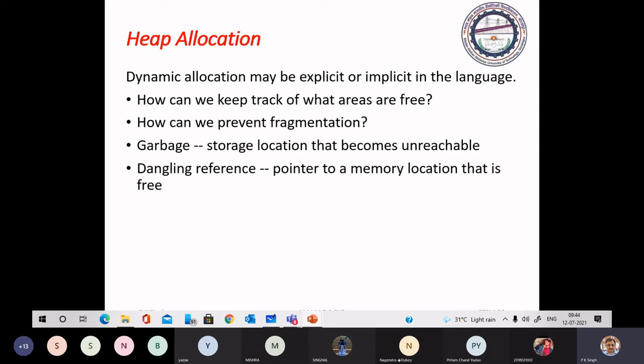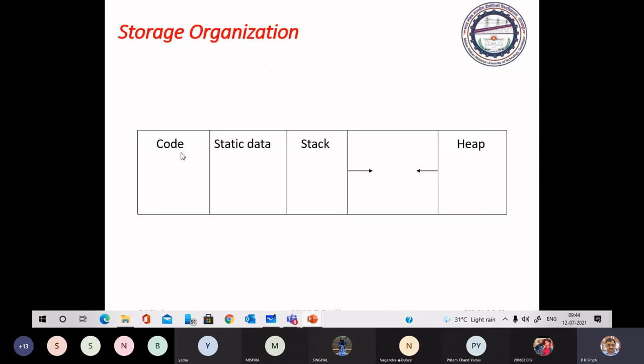Heap allocation. If you reconsider the program structure in memory, it is like this: we have the code, static data, that is global data, then stack and heap.